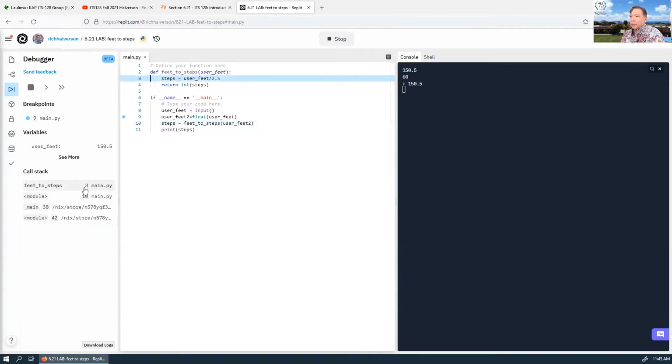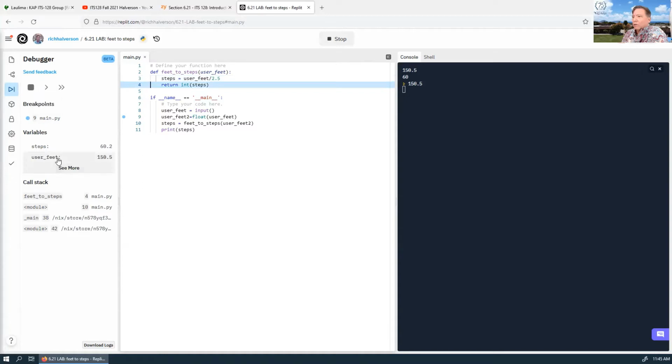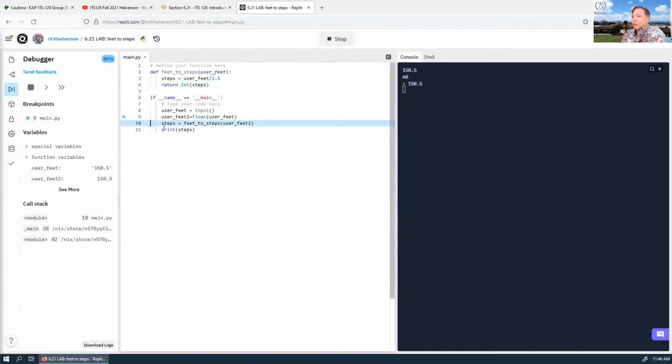You can see we're on line 3. We're in feet to steps, and we've just passed in this user feet, and so we've got user feet here. And it's a floating point value of 150.5. And so let's go to the next one. And now we have a new one called steps, which is 60.2. It's a floating point number. Steps is a floating point number. When we return, we're going to return,